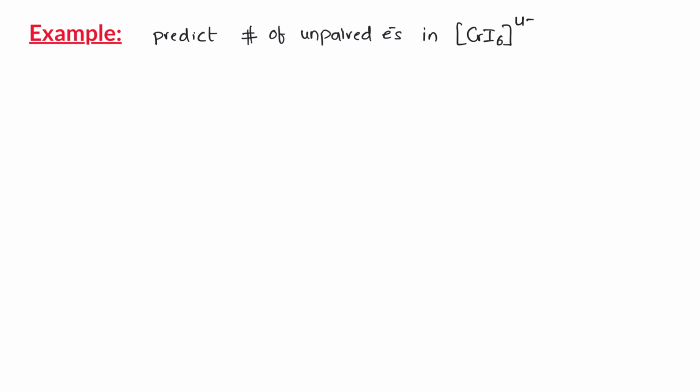First, let us determine the oxidation number of the central metal ion and its electronic configuration. We have one chromium, and let's assume its oxidation number is x, plus 6 iodines, and each iodine's oxidation number is -1. If we add these up, it should give -4, which is the net charge on the complex ion. If we solve for x, we get x equals +2. That is, the chromium is in its +2 oxidation state.